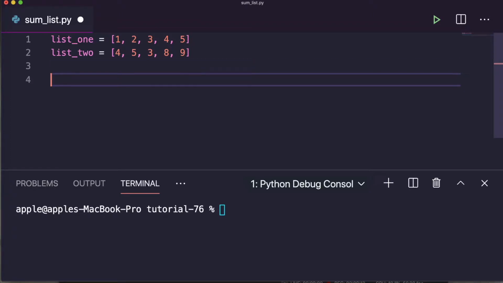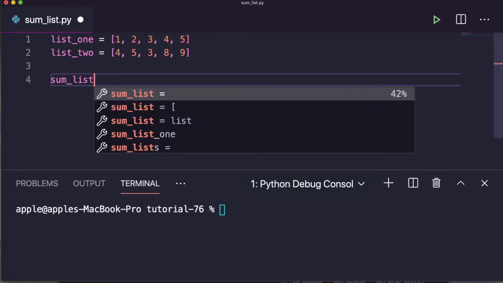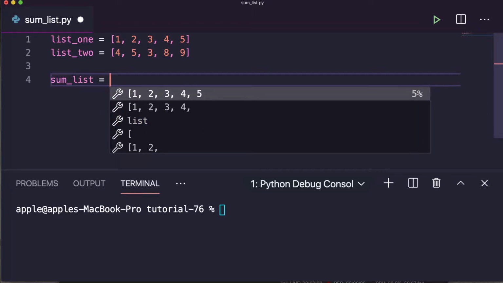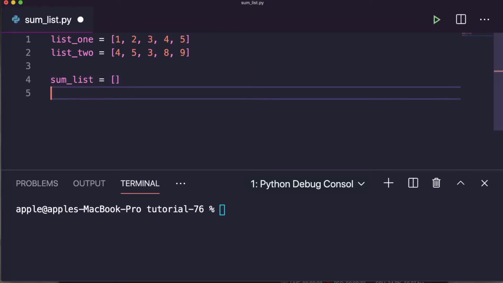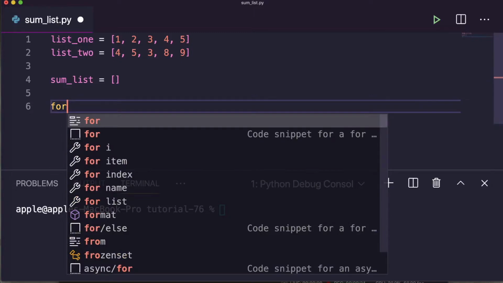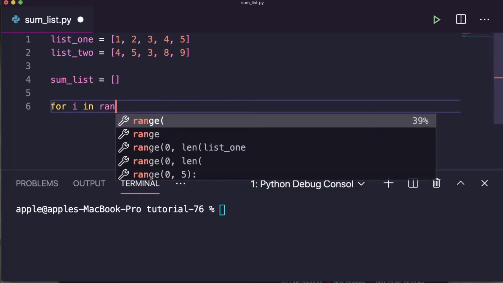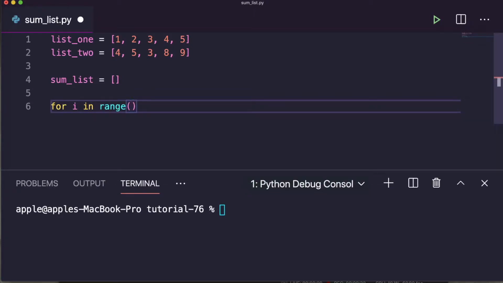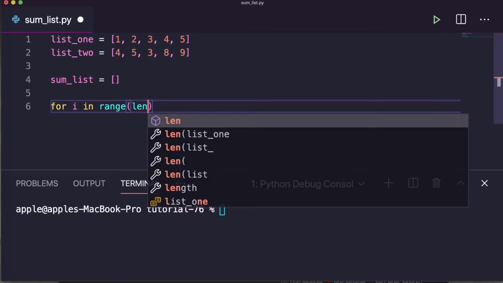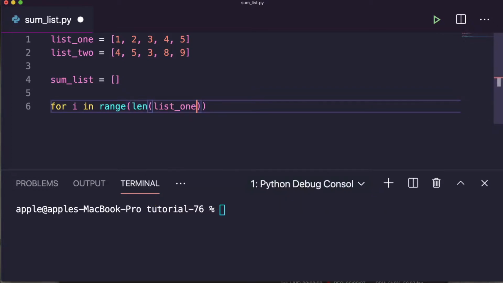Suppose we take another list, sum list, which is assigned a blank list. Here I run a for loop, i in range of the length of the first list, list 1.